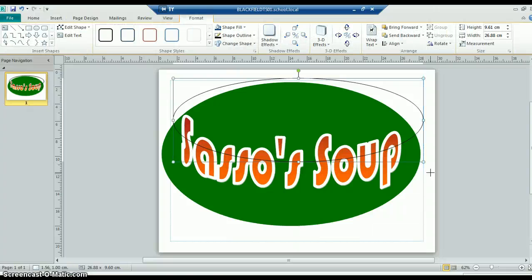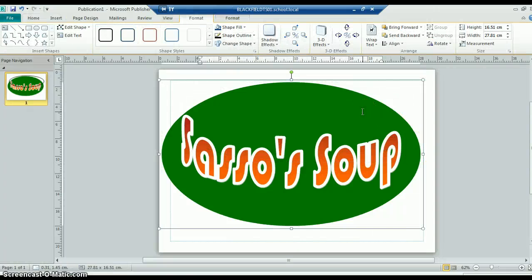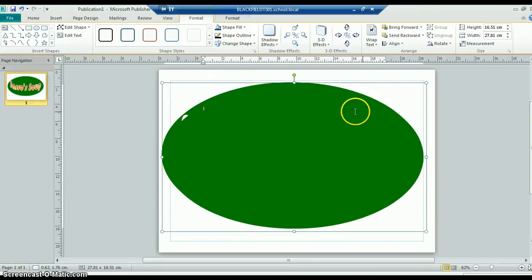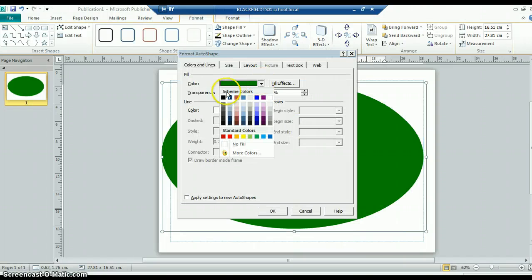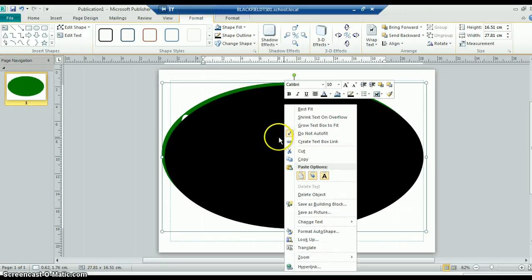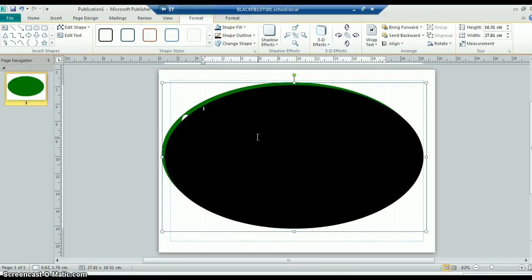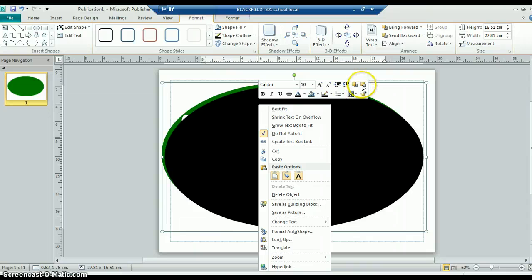Going behind it, actually I don't like that. What I'm going to do is copy my first one. So now I've got two circles, so this one's not going to be green. I'm going to change this one to black, and I'm going to use it as a shadow. And I'm going to send it to the back like we did a minute ago. Just right click on it. Send it to the back,